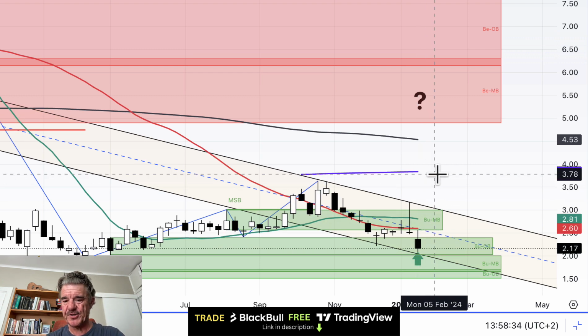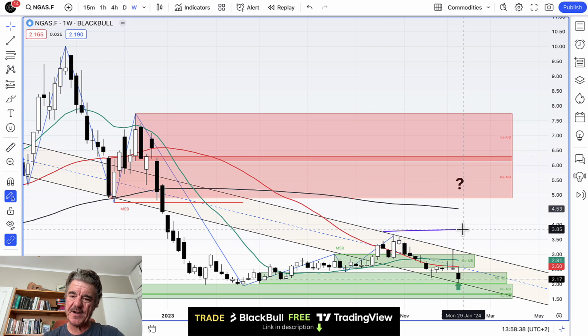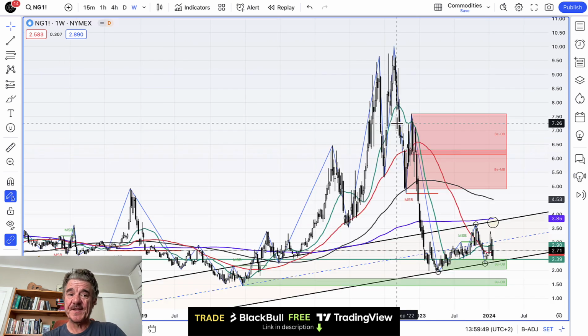And can we get up through the top this time? I think we probably could do. It may take a couple of months though, and I think around about 380. And if we do have a major supply shock, one of the sorts of things that I described earlier, we might even get higher. And then switching across to the Henry Hub chart, you can see there's the original channel